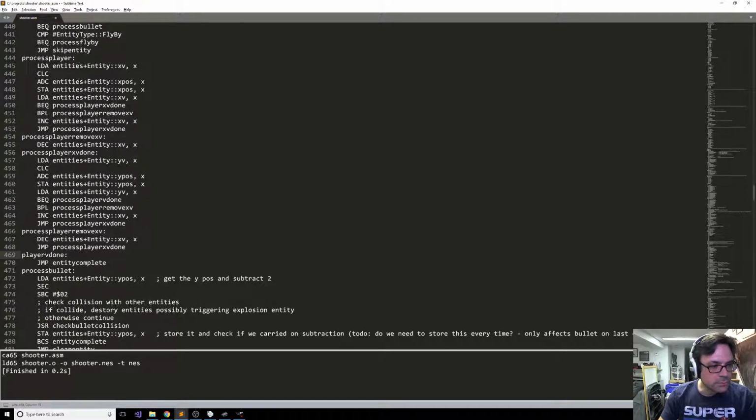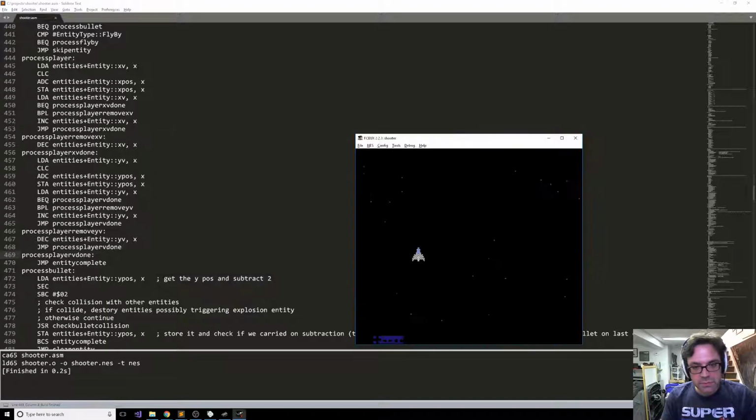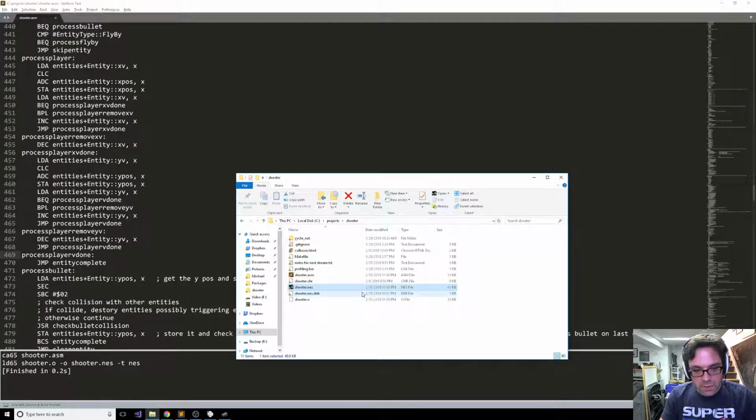velocity. If it's positive, then we want to remove the y velocity, right? And otherwise we're going to add to the y velocity because it's negative, and we're adding y, and this is y velocity, and then this is velocity done. So now at least we should process player v done. Okay, so now at least we'll be able to move up and down as well